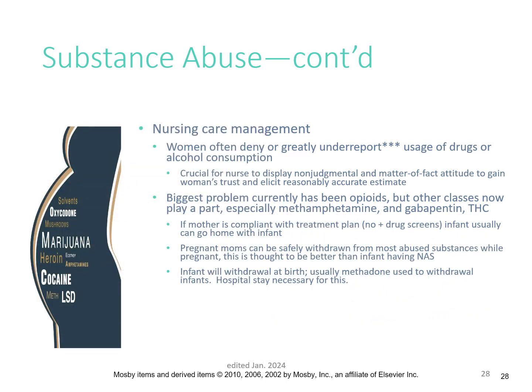We already talked about a lot of this, about underreporting. We need to be very non-judgmental and matter of fact when we talk to these patients because they're going to underreport their use. So we need to not act shocked if they say, I take 20 Percocet a day or whatever. We need to not act like our heads are about to blow off because we want to get the honest truth if we can. So be very cautious and non-judgmental if you want to get your patient to communicate with you.